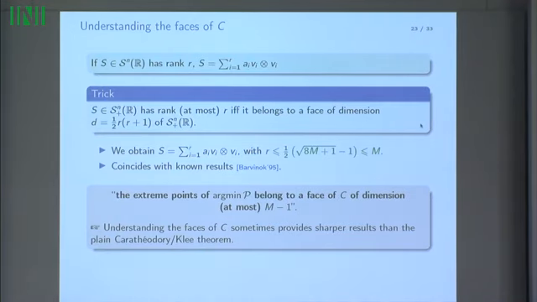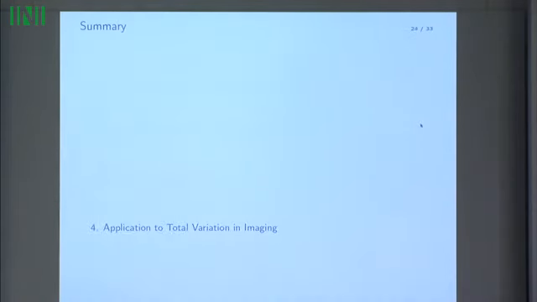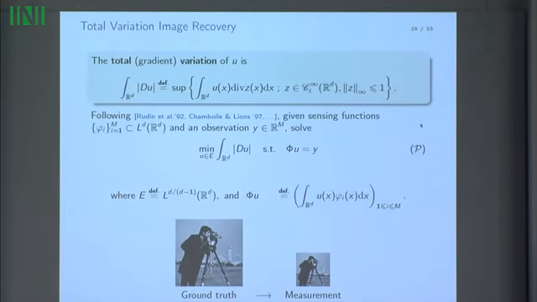Okay, so let's do rapidly, really quickly, a new application to an old problem actually. So now we are looking at the total gradient variation of some function u. It can be defined like this, okay? And it can be used to deblur or to denoise images. And we use it in spirit to promote smooth parts in your images and sharp transitions just at the border of objects in your image.